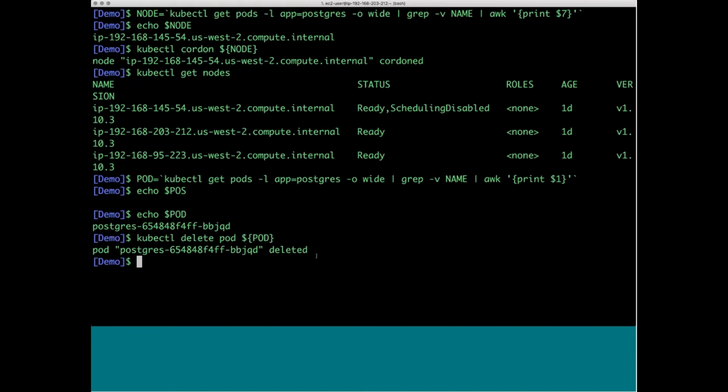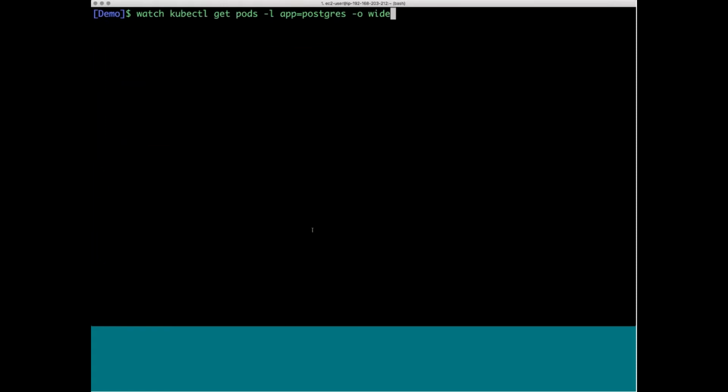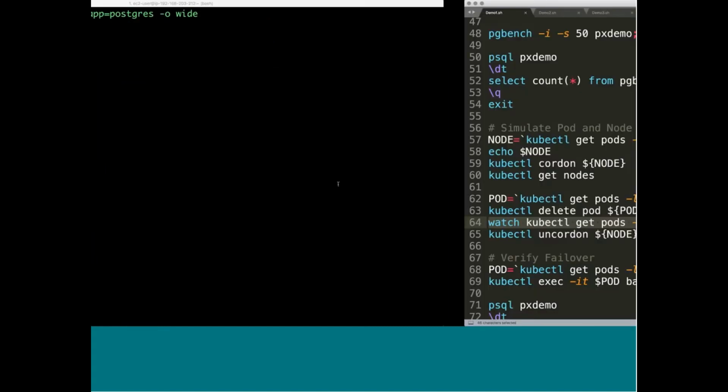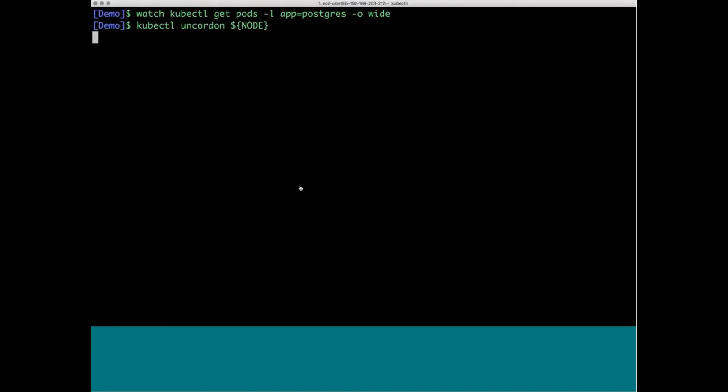But because it is actually a deployment with replication count as 1, the Kubernetes controller will immediately create a new one. And if you see, it was created just 12 seconds ago. That means as soon as the original pod got killed, and because it's a part of the deployment and the min and max count of that has always been 1, the Kubernetes controller and the scheduler has gone ahead and created a new pod. But let me also make sure we uncordon the node,